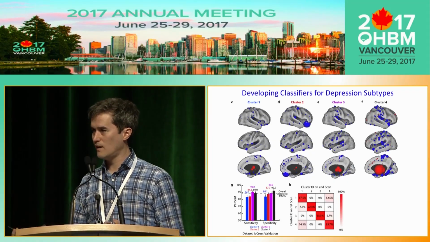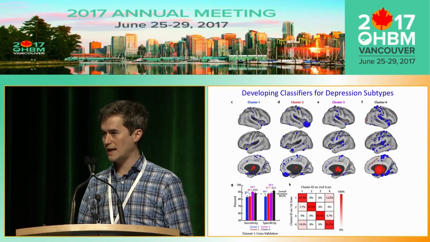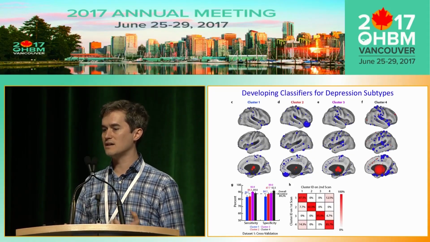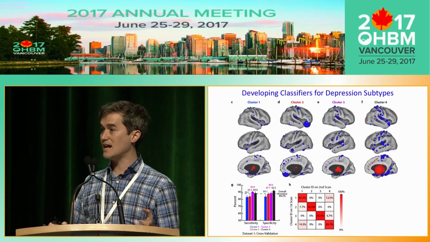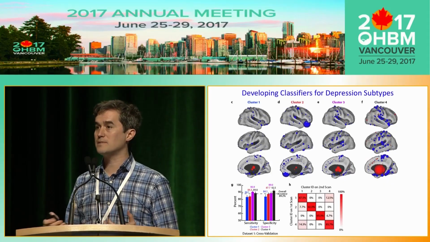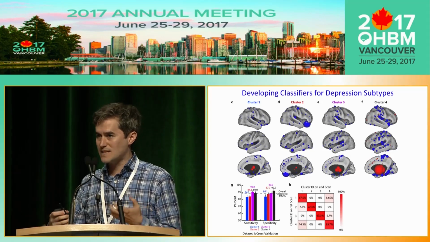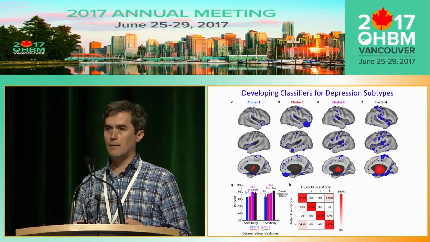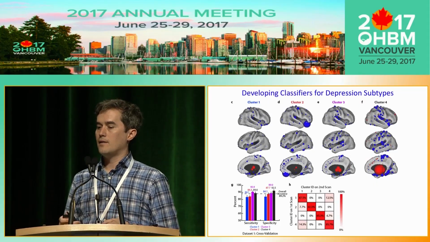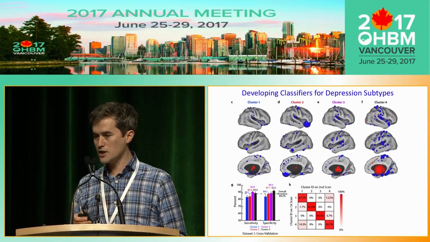That part, I think, is really critical. And when you're thinking about designing future studies, if you're trying to do something like this, I'd really encourage you to try to get 2 separate scans from at least a subset of your subjects, so that you can ask whether a patient diagnosed with a given subtype today gets diagnosed with the same subtype in a month. I think that's really important for understanding whether you're subtyping on something biologically and clinically meaningful, or is it like what the patient happens to be thinking about in the scanner at the time of the scan, whether he had a fight with his spouse prior to the study. Factors that could influence functional connectivity, but that might not be interesting to us biologically.